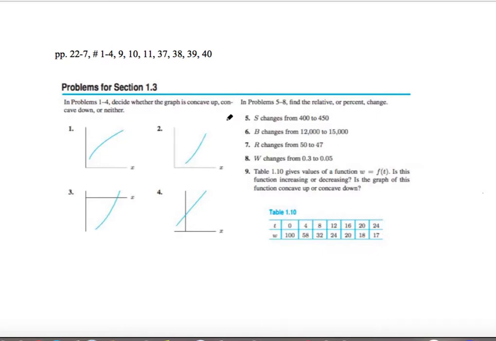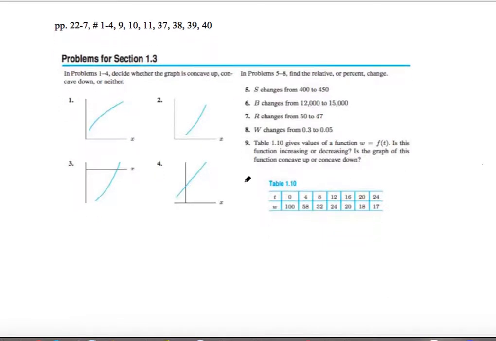Here are the solutions for calculus homework number 14 from the textbook. So, first we have 4 graphs, and we want to decide whether or not the graph is concave up, concave down, or neither. So, just looking at these graphs, concave up would be when we form the shape of a U facing upward. So that would look something like this. While concave down, you have something that is curved downward. And then the only situation that we've seen so far where you have no concavity is if it is a